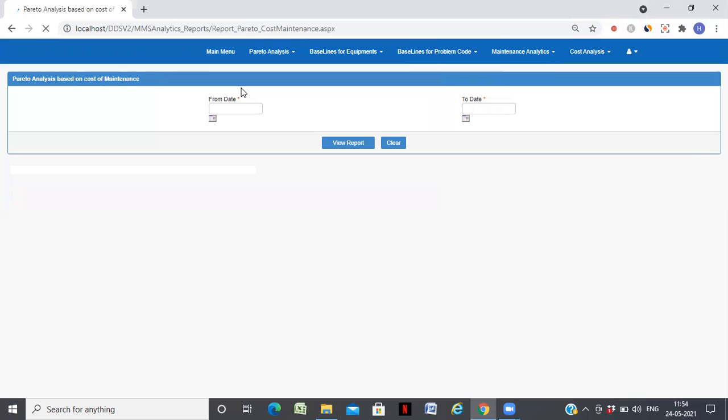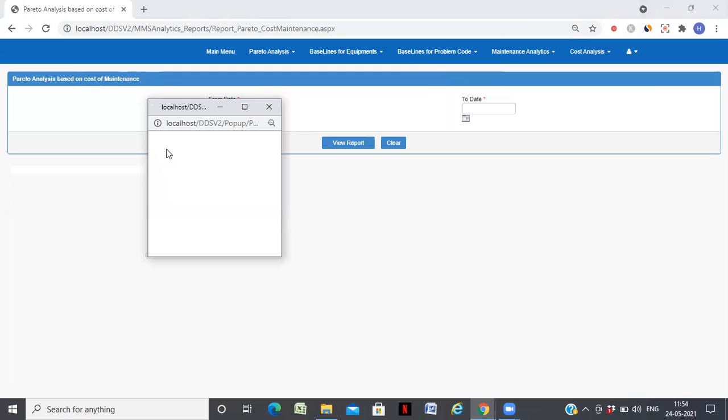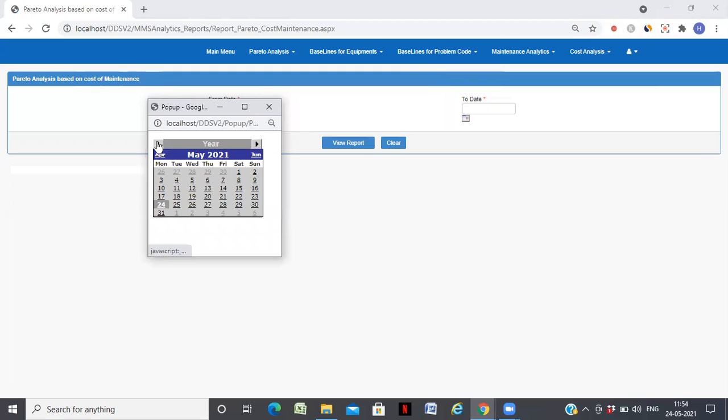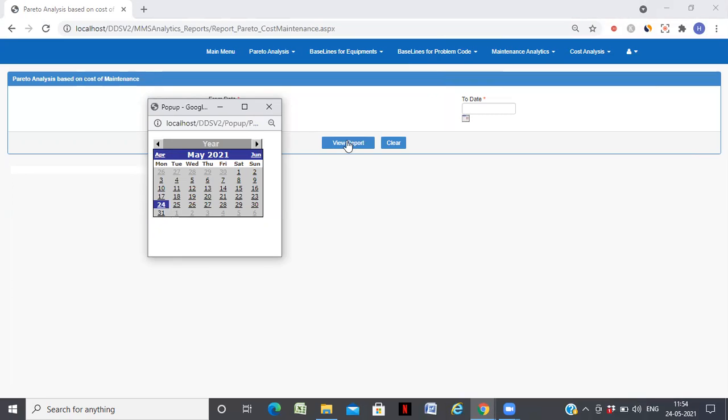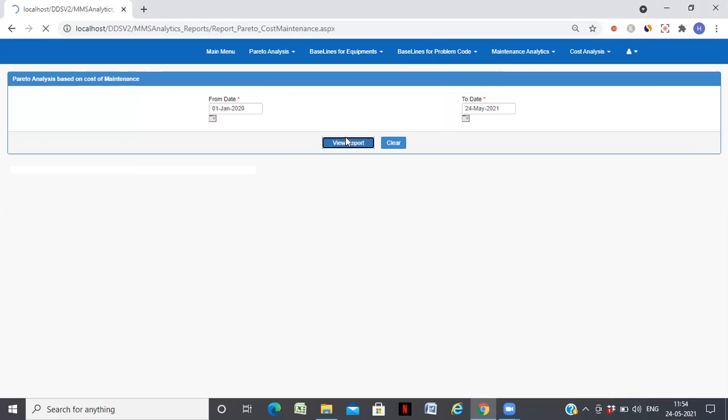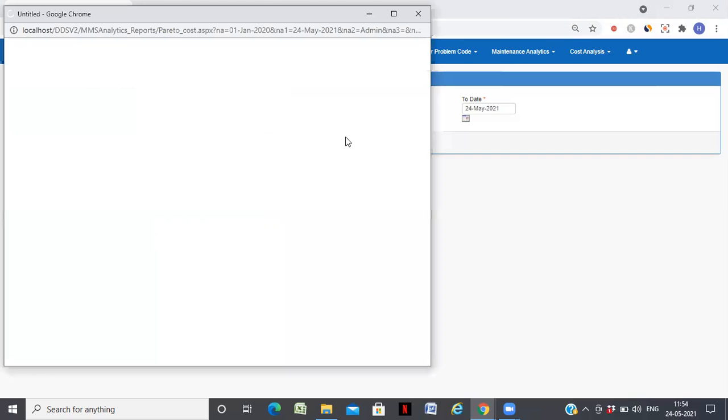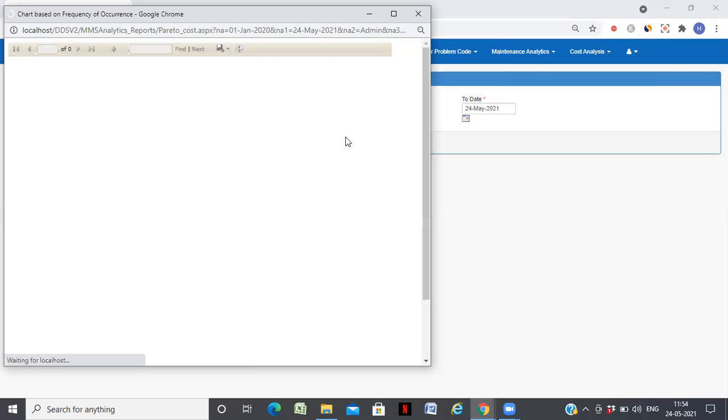And second, we have analysis based on the cost spent also. So here again for that queried period, it will show you the analysis of which equipment has cost the most.